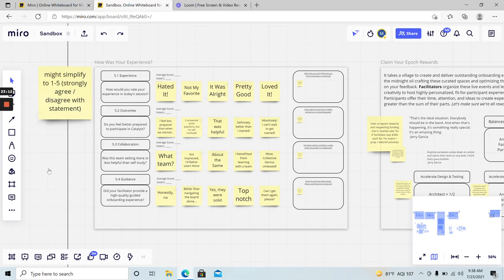And then finally, guidance. How'd the facilitator do? Did they do a good job of guiding you through your experience? And the intent here is to not only help with feedback for the facilitator, ensure that we're maintaining very high standards for delivery of this experience, but also,